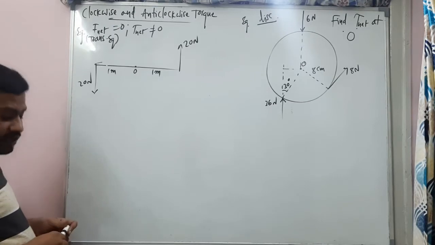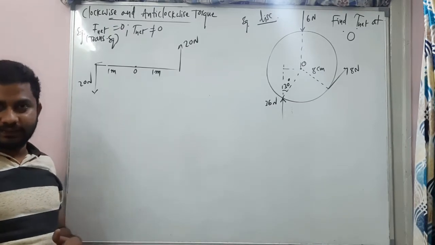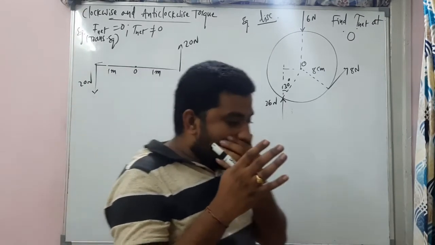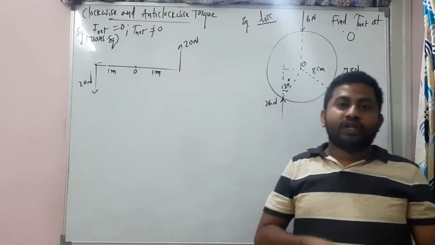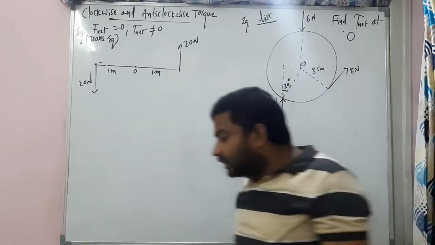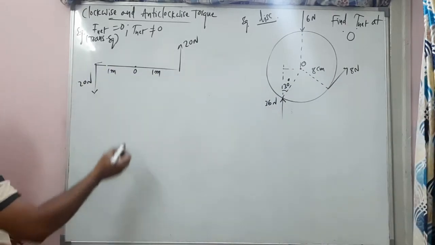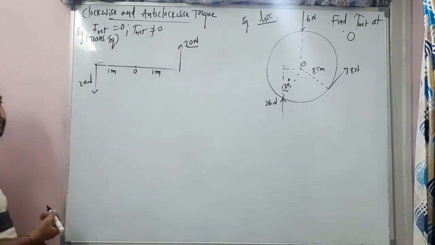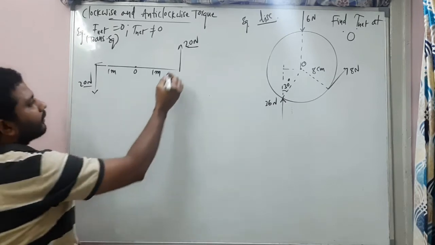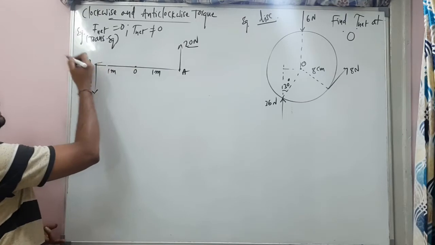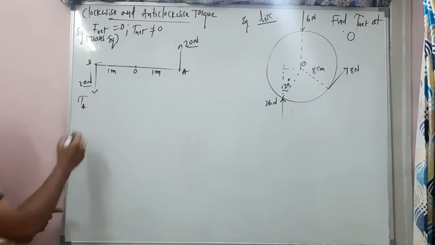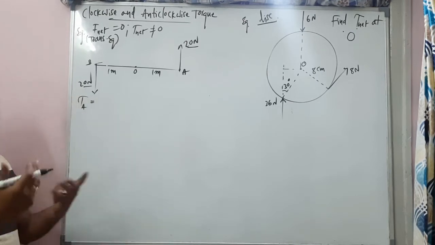I told you there is a torque due to individual forces. Torque due to the first force, as in the case of a door we have considered, torque due to the second force, torque due to the third force, torque due to the fourth force, like that. Individual forces will have the torque. So imagine this is the torque due to this 20 newtons, and torque due to this 20 newtons. And let's look at the points. This is A and this is B. Torque due to the force at point A is equal to force into perpendicular distance.